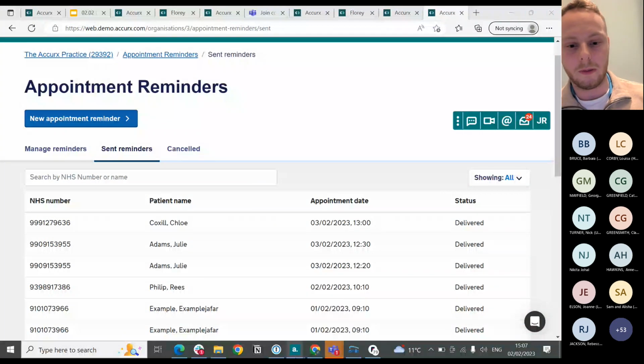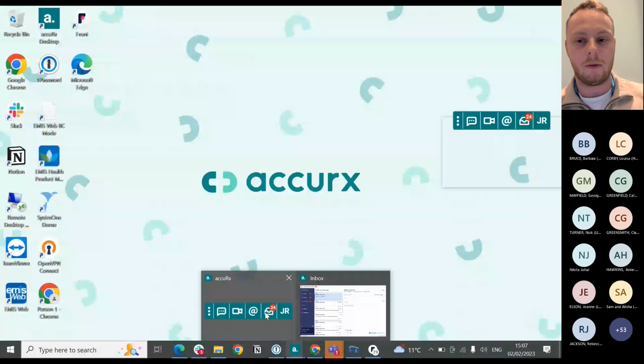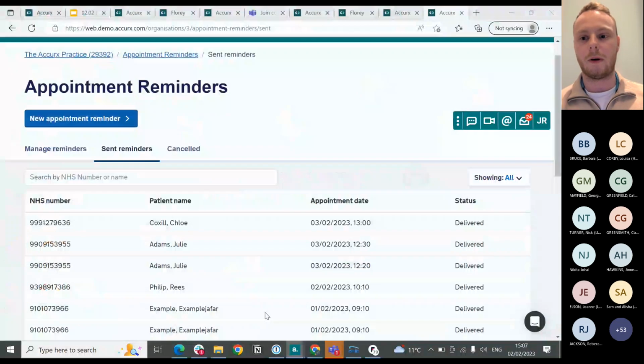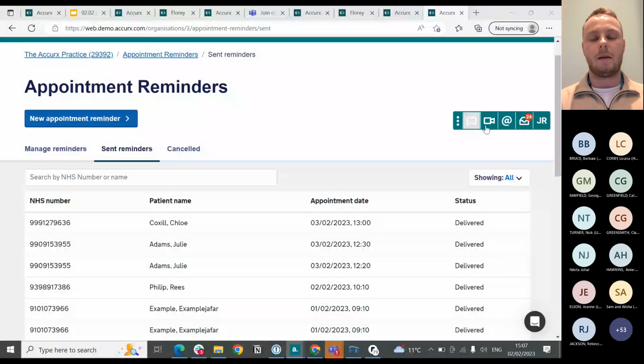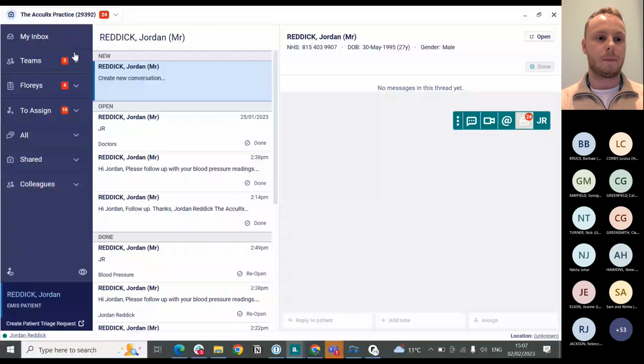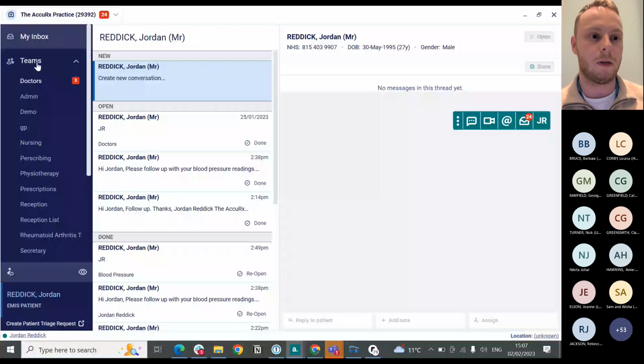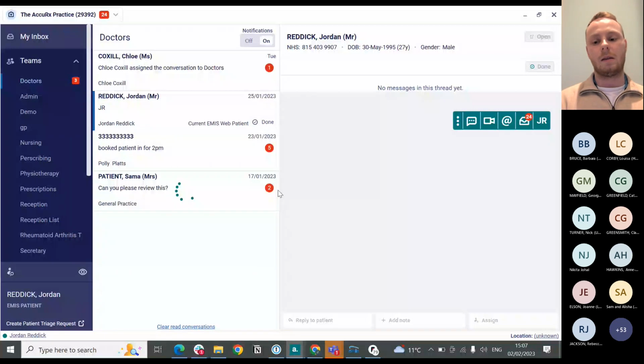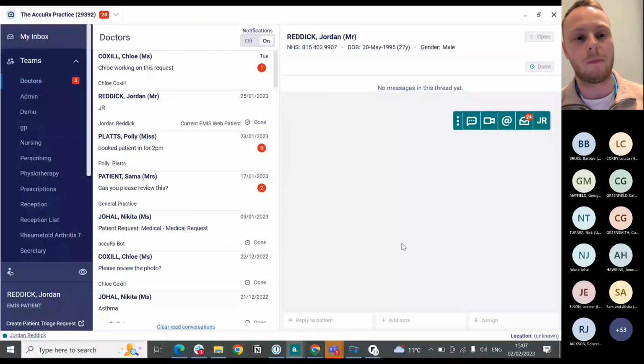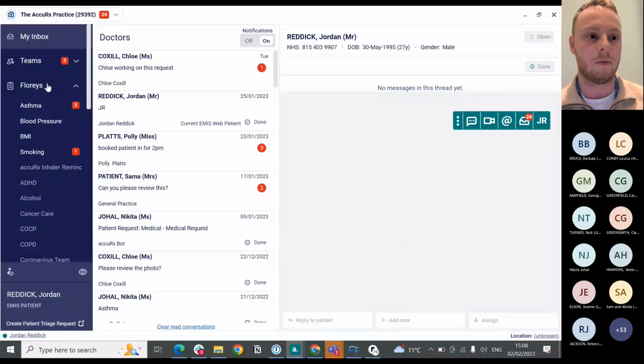Perfect. Yep, we can absolutely do that. So if we go to toolbar again, and go into the inbox here, we can see the inbox as it is, with the Teams section up at the top here. So in the example earlier, we commented that we could assign responses to certain teams. So if we go back into Floreys,